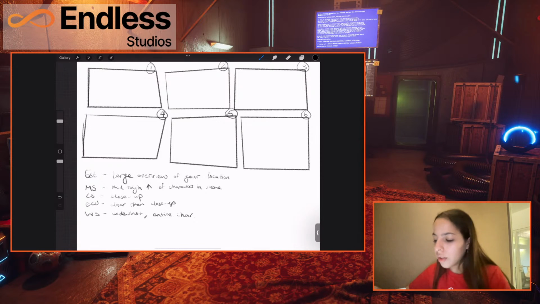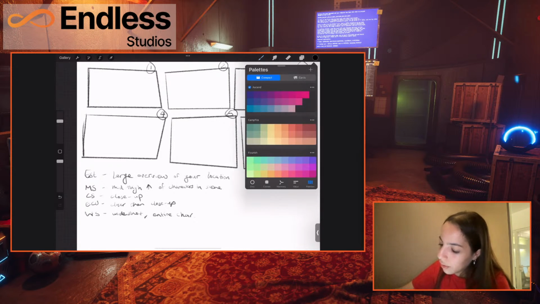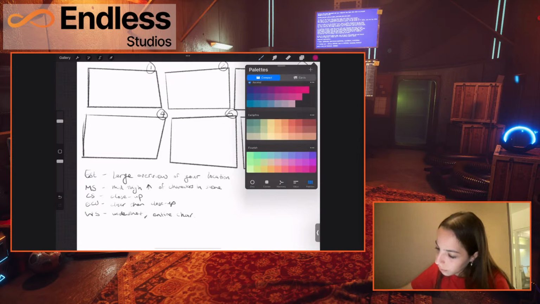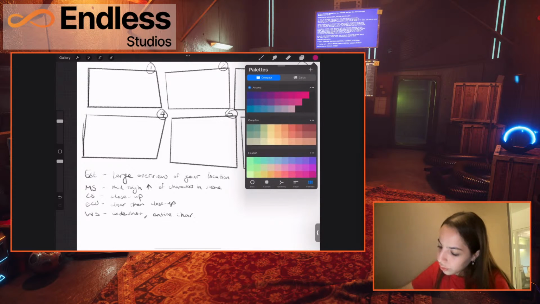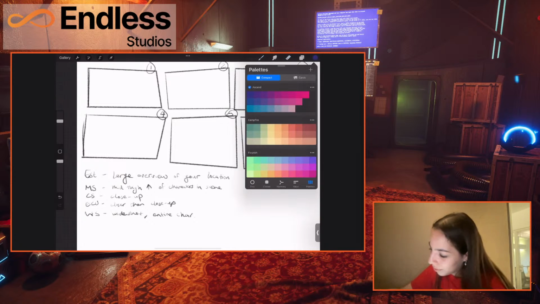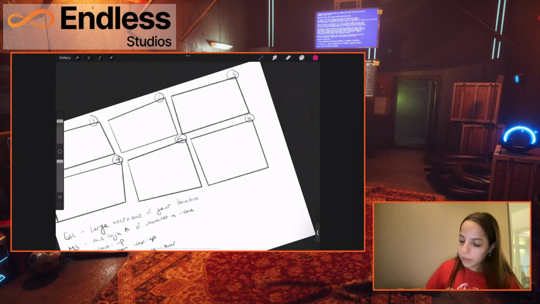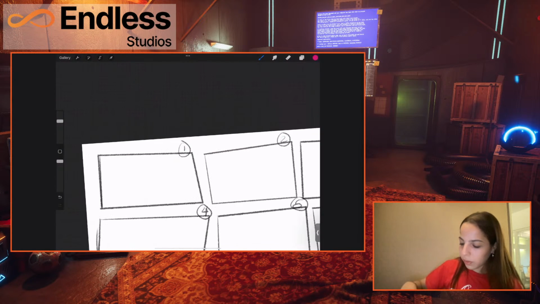So how you start with labeling your scenes. I'm going to do this in a different color just so it's clear for everyone. What color should we do? Let's do blue, I guess. Oh no, blue does not show. Let's do this. So I'm gonna label, let's start with number 1.